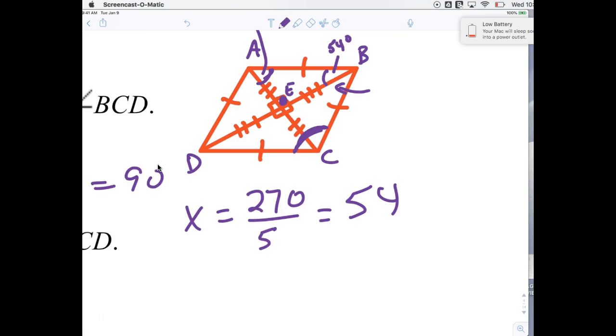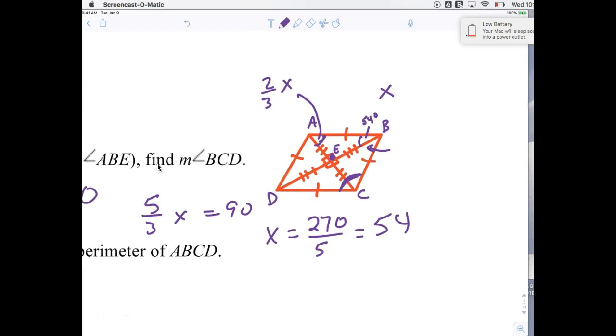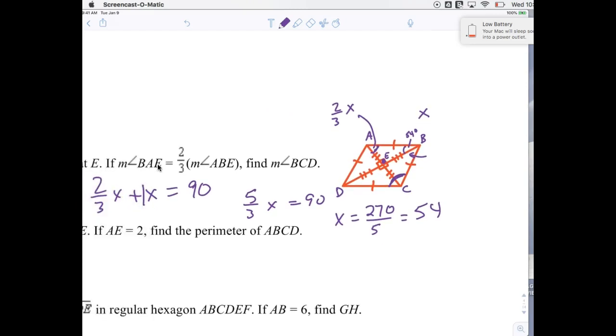Is that right or not? No, I think it would be BAE is 54, and then the other one's 2/3 of 54. AB, that's ABE. Did I write that wrong there? It says BAE is 2/3 of